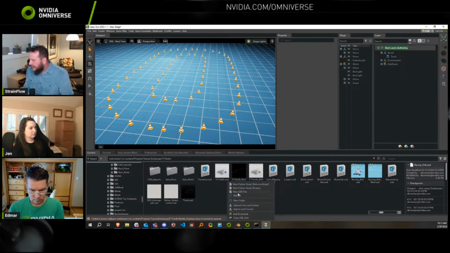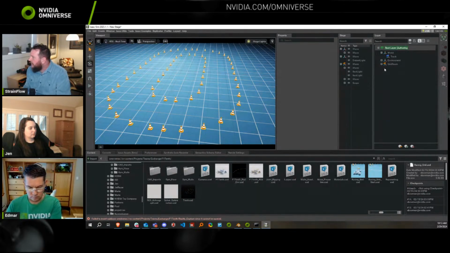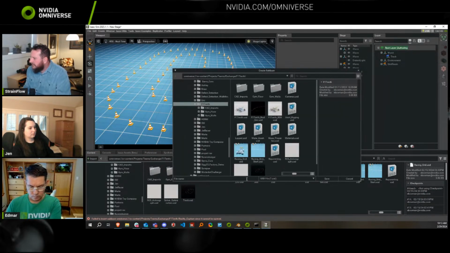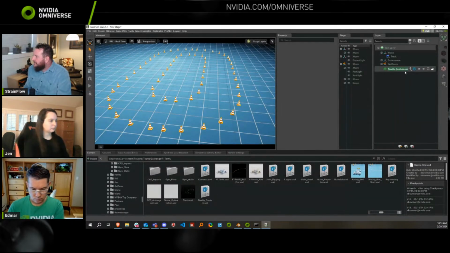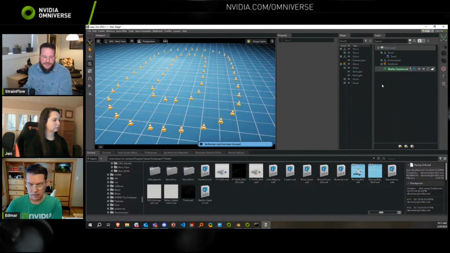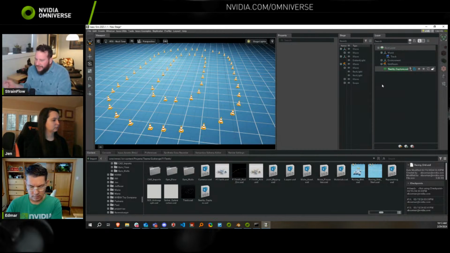Oh, well, I don't know what happened there. Let's try it again. Capture. No, there we go. So I've got this new layer because I don't want to mess with the track or those things. So any changes I make to this stuff will be in this new layer and won't affect the original assets.